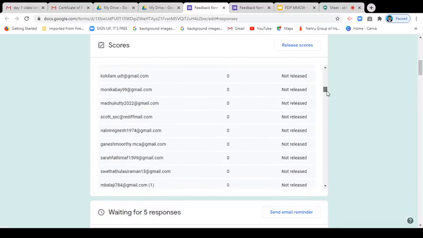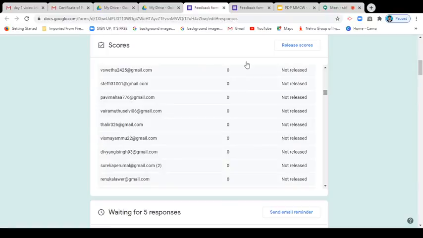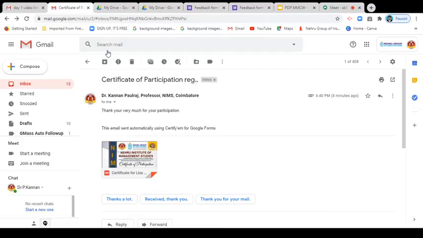Otherwise, you can enter their name or mail ID in your Gmail account. Then you can identify whether the mail is dispatched or not. You can click the inbox, and type their name or their mail ID in the search mail column. Automatically it will give the results, showing under that name how many certificates are dispatched. If people type their mail ID wrongly, automatically you will receive a delivery failure message. There you can identify it.